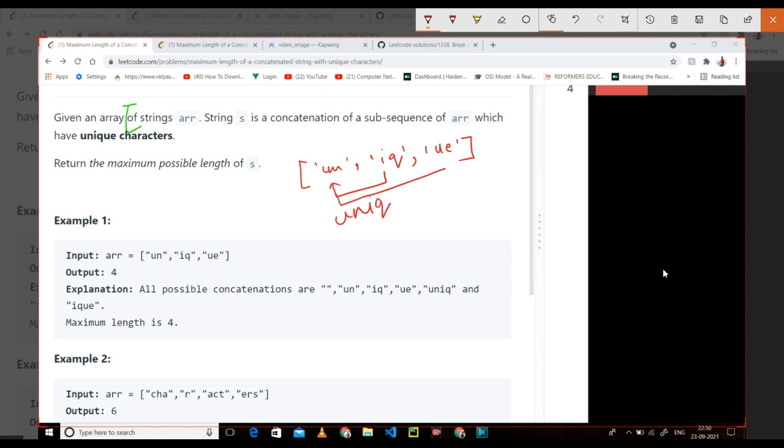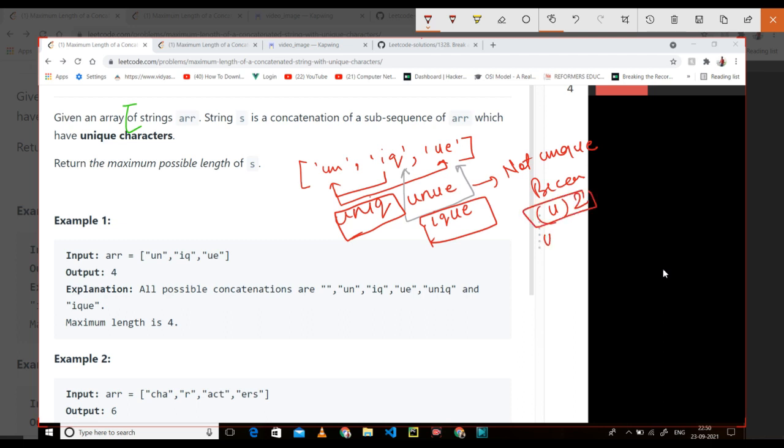If you add the first and the third, you get unue. And if you add the second with the third, you get ique. Now you can see that uniq is unique, ique is unique, and unue is not unique, because u occurs two times.